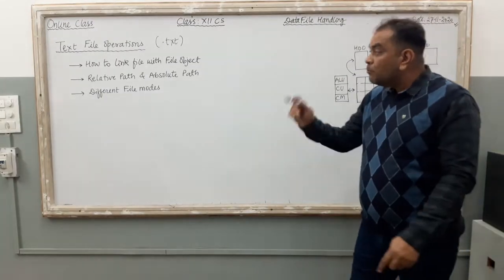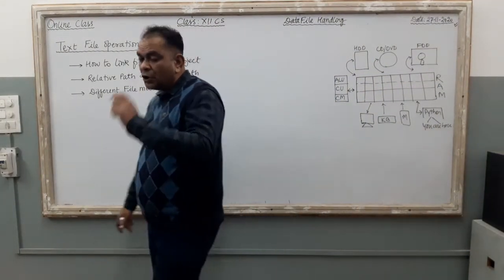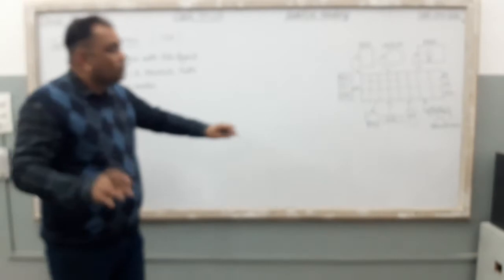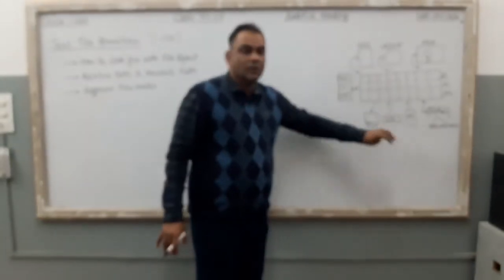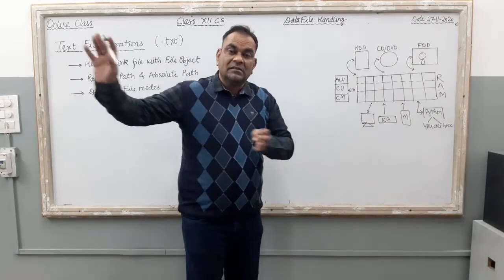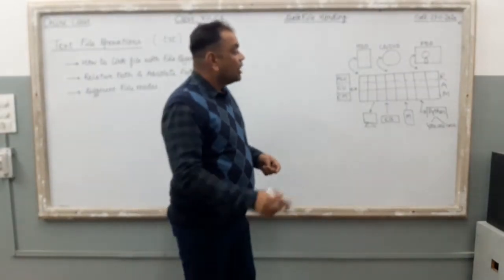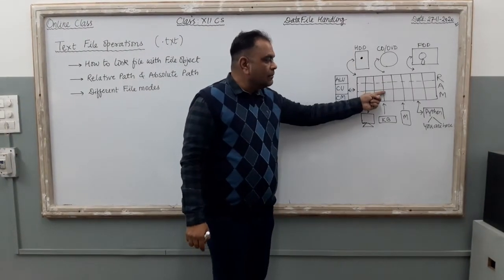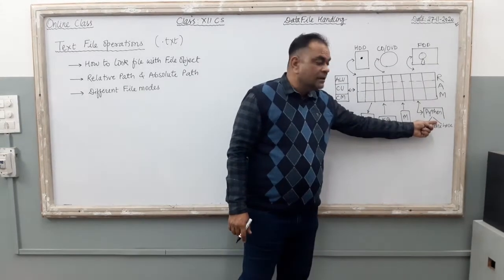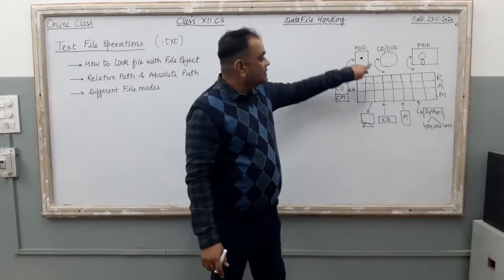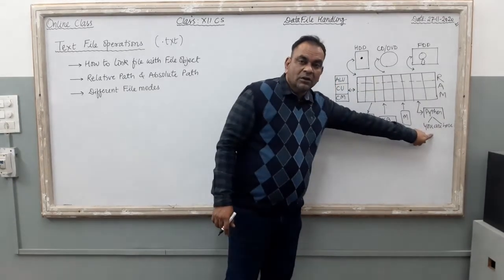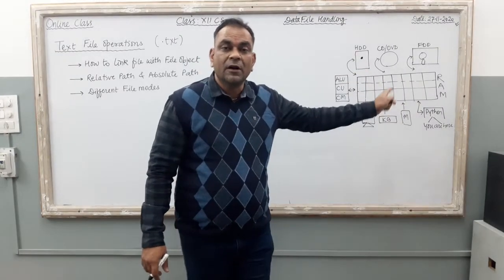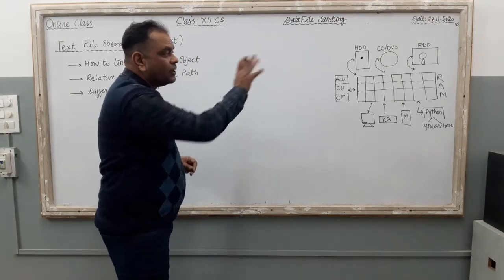Three different modes are there, but very first we should know how we can link the text file with our Python program. As you can see, a diagram is there on the board, and we discussed the diagram already in the previous video lecture. According to this diagram, suppose one file is there in the hard disk. Your hard disk is connected with RAM. It is your location, you are on Python. It is also connected with RAM. File is here in hard disk, you are here on the Python platform. Now in between you and hard disk, one RAM is there. It is a hardware component of your computer.